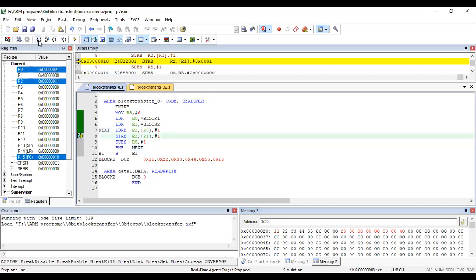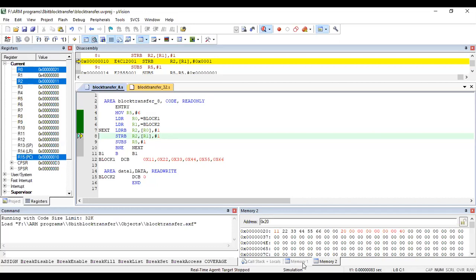Next step, when you are doing this, 11 is there, and 11 is coming into R2. In parallel, R0 is incremented by 1. Next, whatever value is present in R2, we have to move to the read write memory, where R1 is the address.